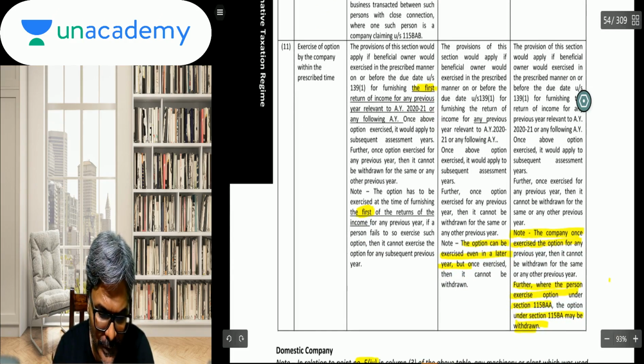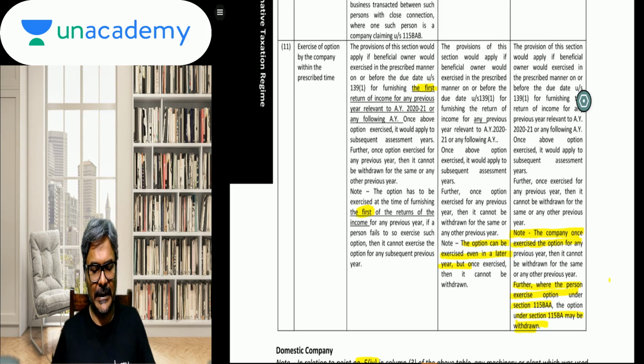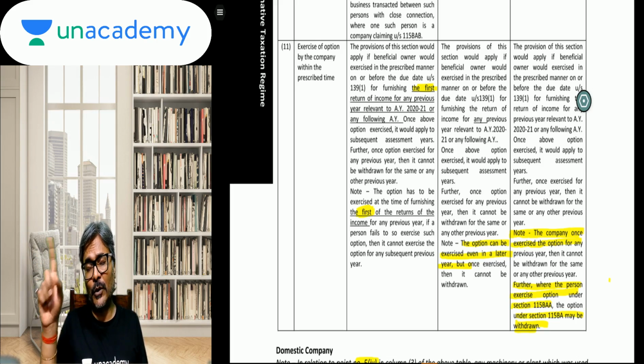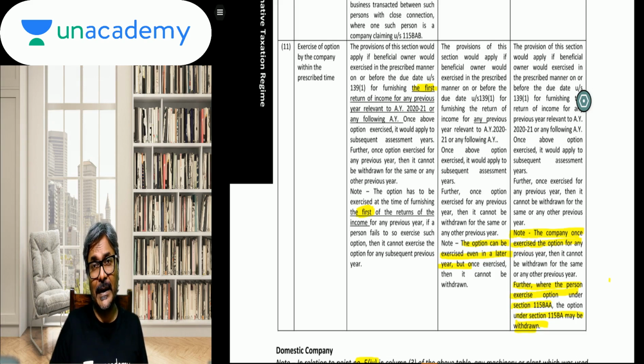Students, I want you to read point number 11 carefully. All of you, read this one peacefully. This analysis, I'm going to do it in my third video, in my fourth video, alternate tax regime, when I will do with individual and HUF. At that time, we will make one table also. But right now, you will just at least go through it quickly. All of you go through this one carefully. Very important part.